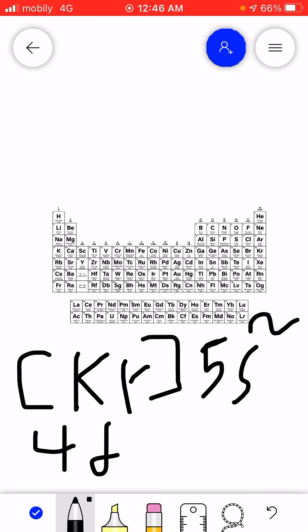We'll just go straight ahead to this. But just put d. Do not put p if you're doing the condensed form. So 5s2 4d9, because silver is right here. So yeah, 5s2 4d9. That's it. Done. And I hope that